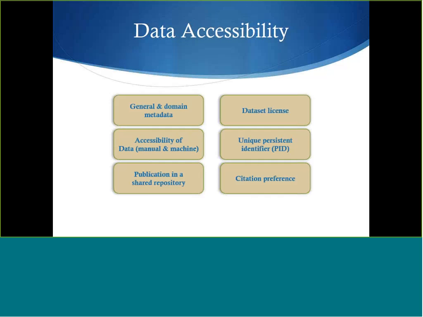or if you're making updates to it because you've done some data quality checks and you've corrected some errors, and you've put up an updated version of the data set. Someone who is citing it in a paper, if they have a last access, then you have some idea of what version of the data set they were looking at for their citation. And I think I skipped over a publication in a shared repository, which just means,